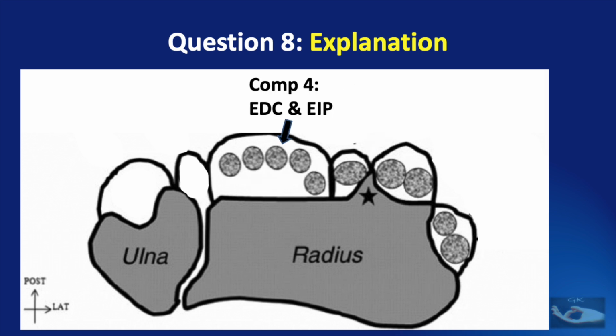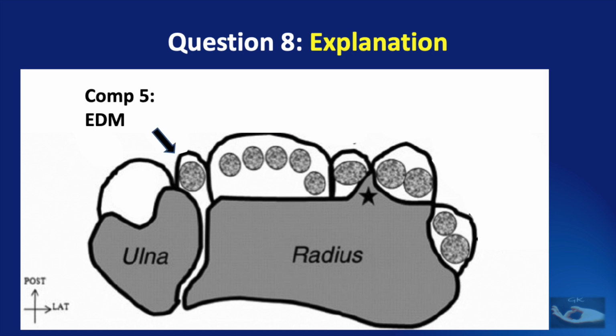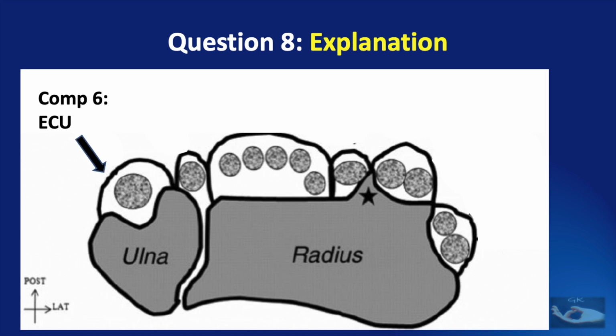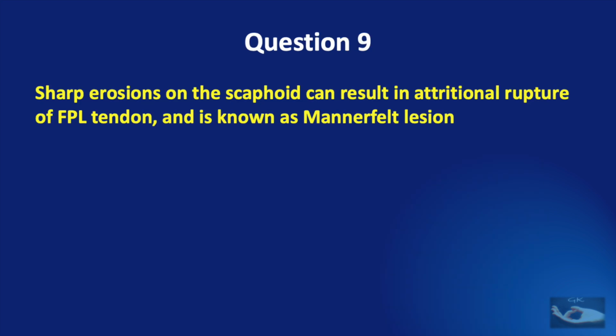The fourth compartment contains the extensor digitorum communis tendons to the index, mid, ring and little fingers and the extensor indicis proprius. The extensor digiti minimi tendon occupies the fifth compartment and the extensor carpi ulnaris tendon occupies the sixth compartment. Question number 9. Sharp erosions on the scaphoid can result in attritional rupture of the flexor pollicis longus tendon